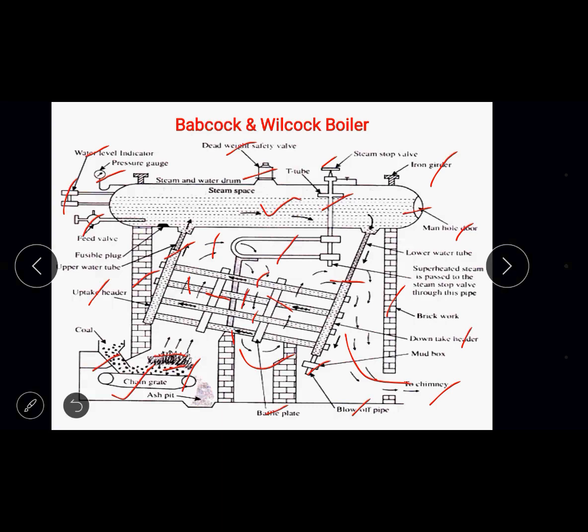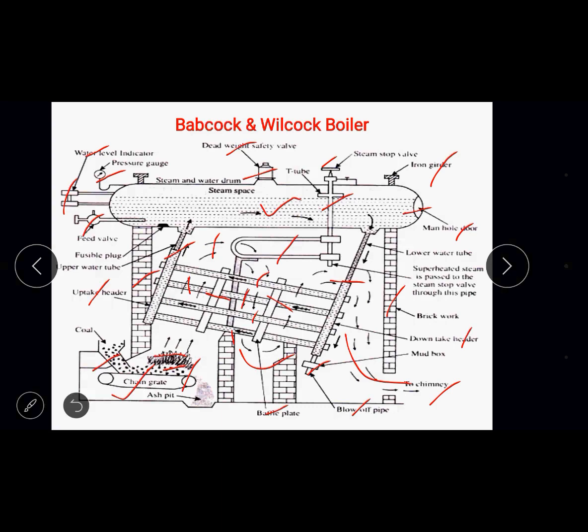In the operating principle, the water is supplied inside the boiler drum, the furnace is operated, and the closed circuit of water is achieved with the help of water pipes, uptake header and downtake header. When the hot gases are emitted from the combustion chamber, they are made to pass over the water tubes and are deflected through the baffle plates. When the hot gases are exposed over the water tubes, the heat energy of the hot gases will heat the water tubes. The water tubes in turn heat the water